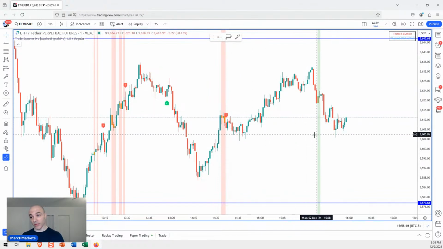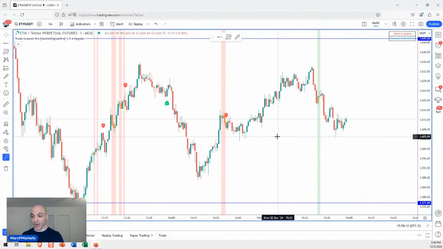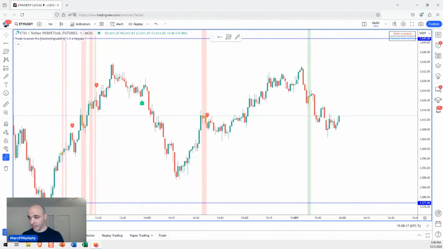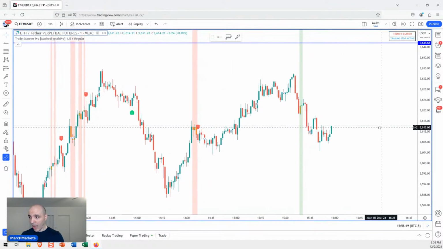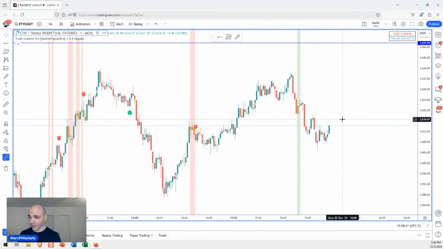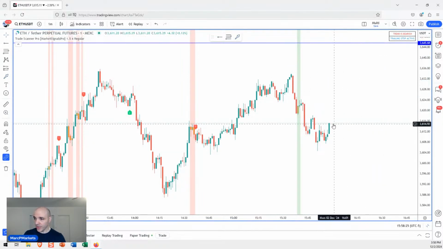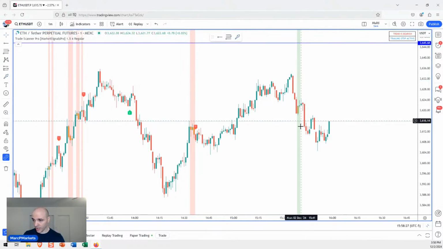So I'm not going to be able to filter out all of them, but I want to filter out at least 50% of them or something like that. I definitely want to get rid of them. Now, I'm looking for a trade here. And here's the thing: if my trend is bearish, I'm not going to get any longs in this situation.